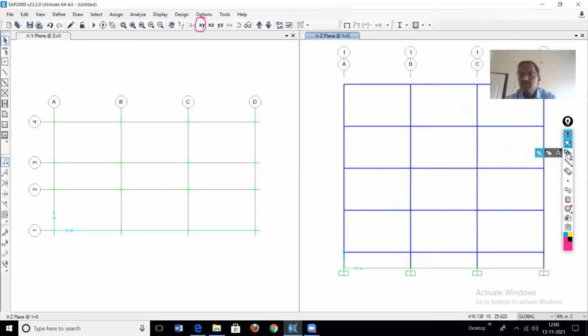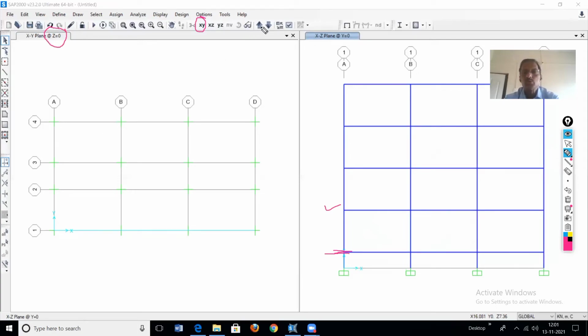Now see, we are not providing slab here. This is a plinth level. Slab level will be here. Okay, so what is this level? This is 1.2 plus 1.2 plus 3.1. So how much is it? 4.3 level. We will provide the slab at a 4.3 meter level. Okay, so therefore this view must be Z equal to 4.3. So just click here.